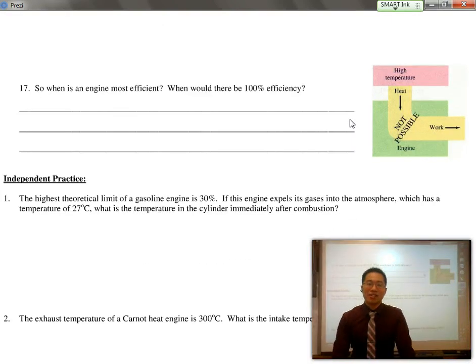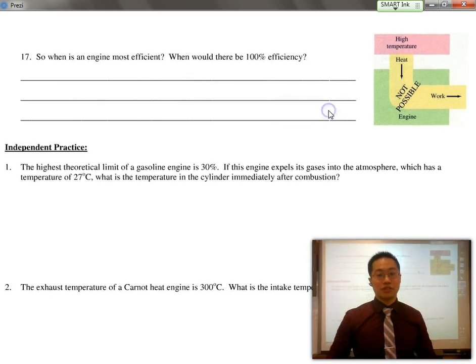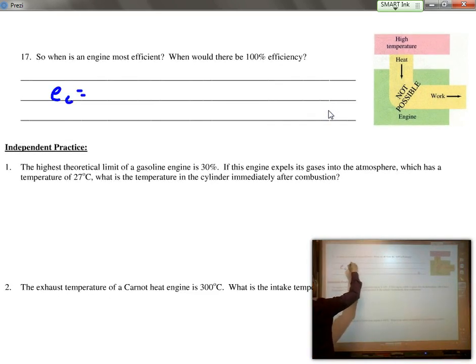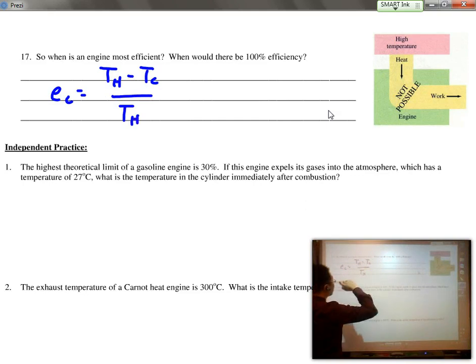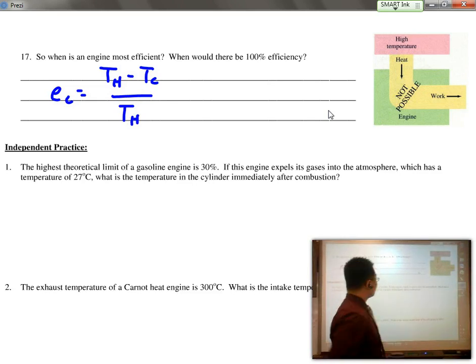So when is an engine most efficient? According to Carnot's formula, when exactly would there be 100% efficiency? Well, if we take a look at Carnot's formula, EC is equal to TH minus TC over TH. How could you possibly create more efficiency? Well, technically, you'd have 100% efficiency when this